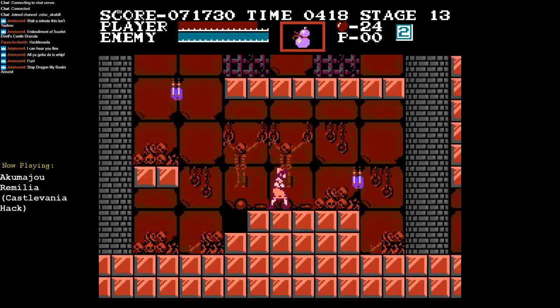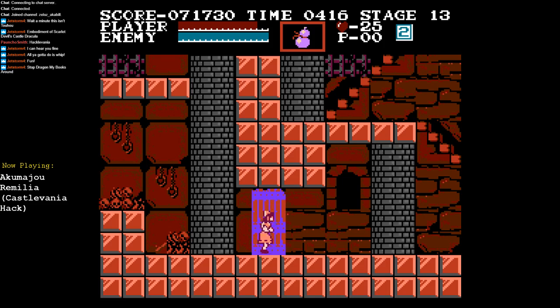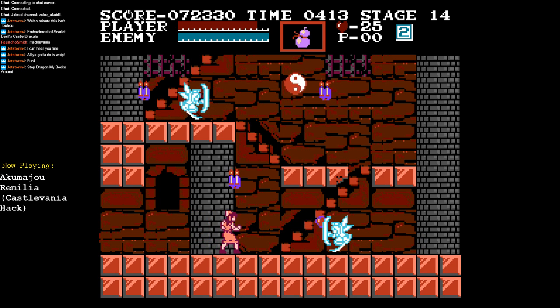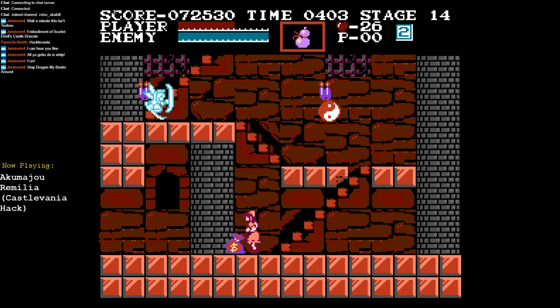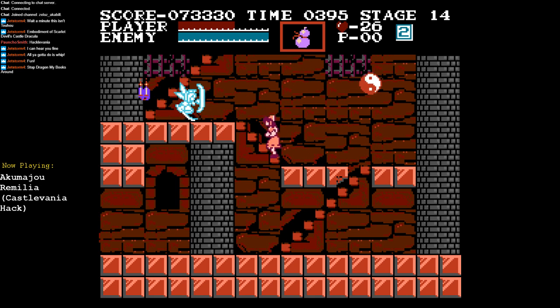I don't need those. Okay, now I gotta be careful not to whip any candles that'll take away my holy water, because that's usually what keeps me from beating this level. Like, I'll whip candles at random and lose my holy water, and pretty much lose any chances of beating this stage